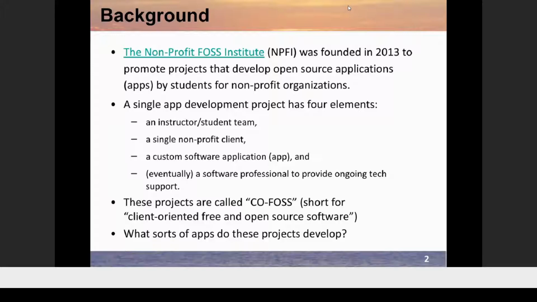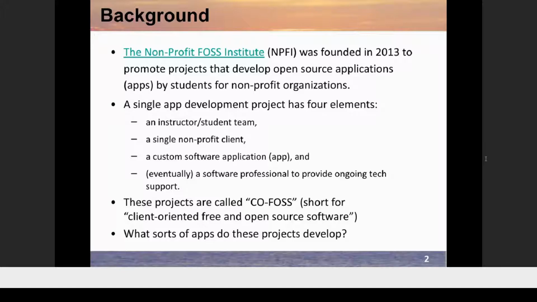So we're not developing these open source experiences. We're not developing a one-size-fits-all type of software. Developing a customized piece of software for a single client and trying to make it work, especially for them,